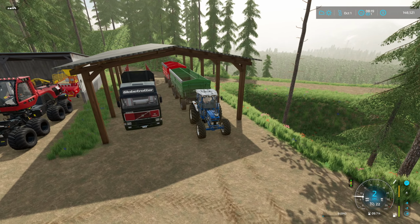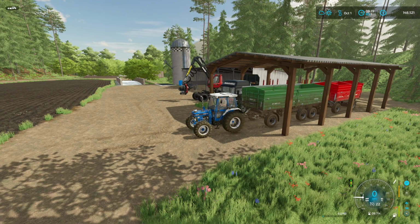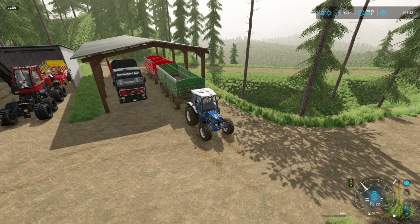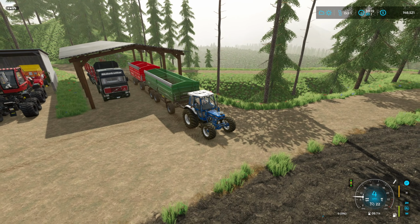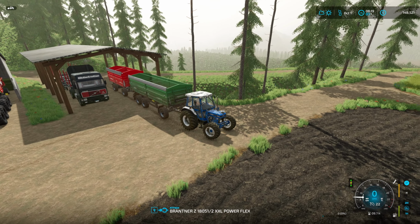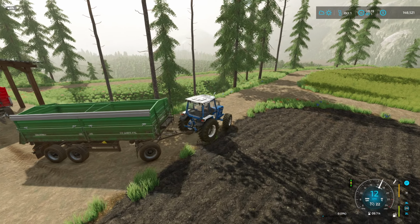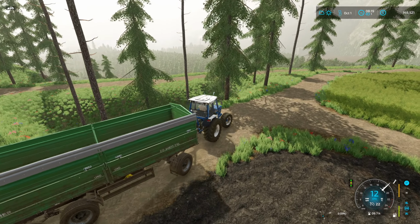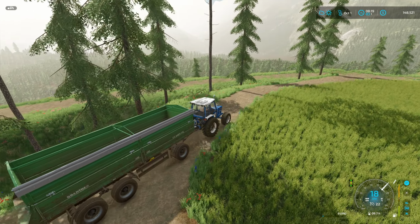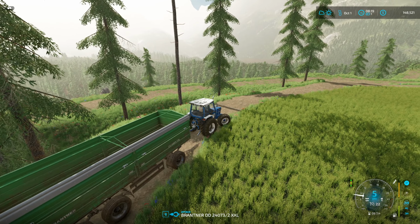The wheat field that we harvested here, we could just drive and drop that into our silo over there. We could probably still do that here, but we'll use a trailer. Hopefully, our combine can actually reach over the side of these trailers. We're just going to use the small one, the red one. We'll put this one just here out of the way, I guess, because we're not going to be needing that, and we'll have to hook back up to it and pull it around when we are done,